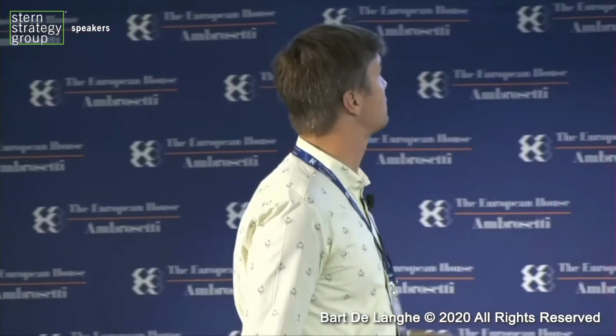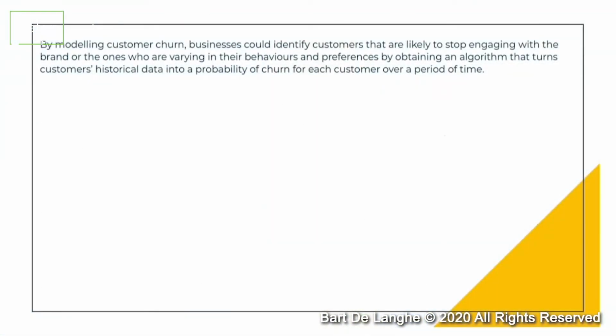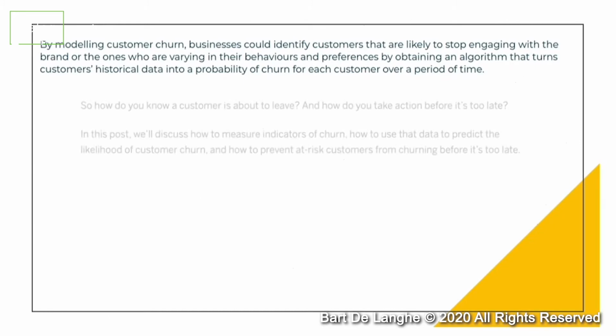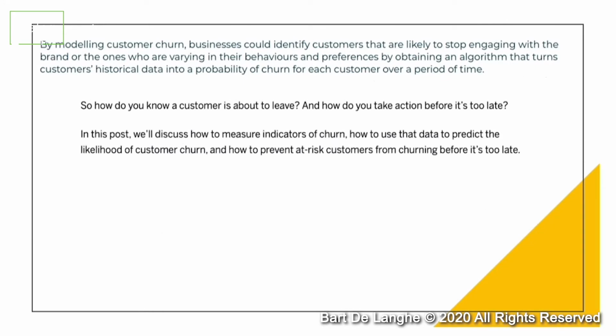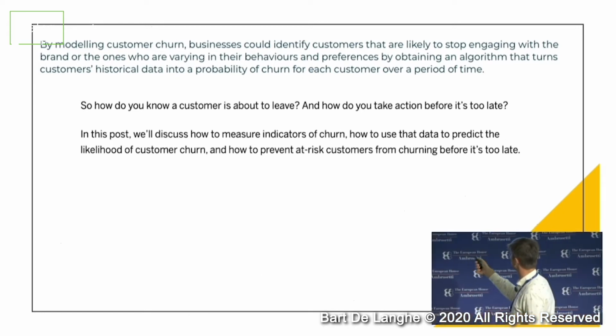By modeling customer churn, businesses could identify customers that are likely to stop engaging with the brand. So how do you know a customer is about to leave, and how do you take action before it's too late? In this post, we'll discuss how to measure indicators of churn, how to use that data to predict the likelihood of customer churn, and how to prevent at-risk customers from churning before it's too late. Notice how they're conflating here